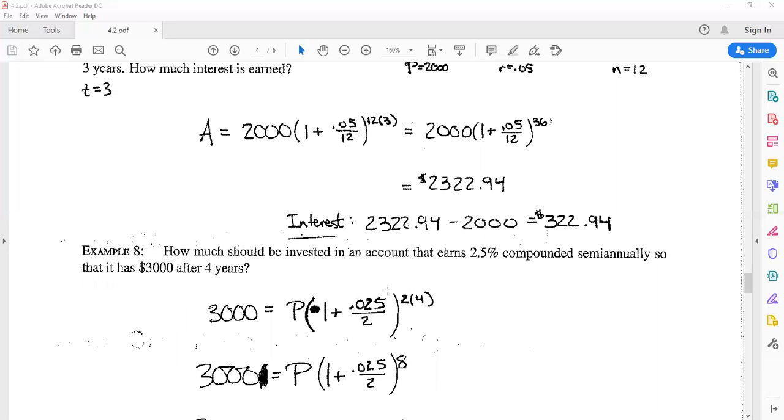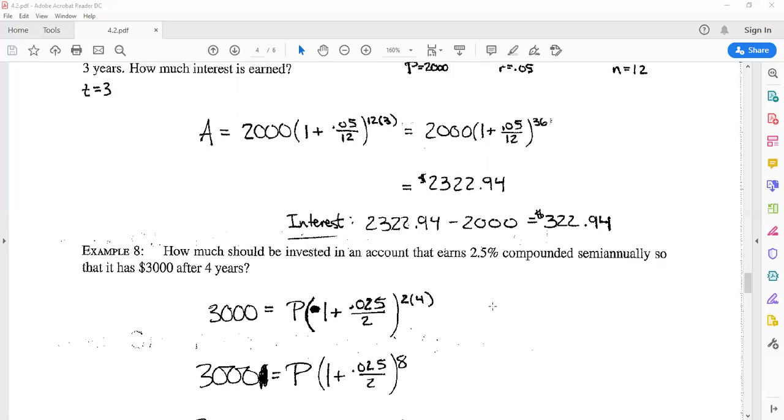So we'll set up this equation that we would like to have $3,000 at the end. We don't know what this principal is, so we'll put that there. I made a little bit of a pen mistake there, so just ignore that. And then we have 1 plus 0.025 divided by 2, all raised to the product 2 times 4, which is